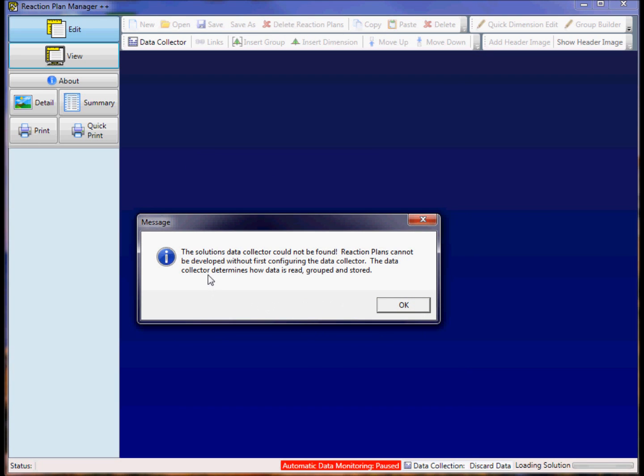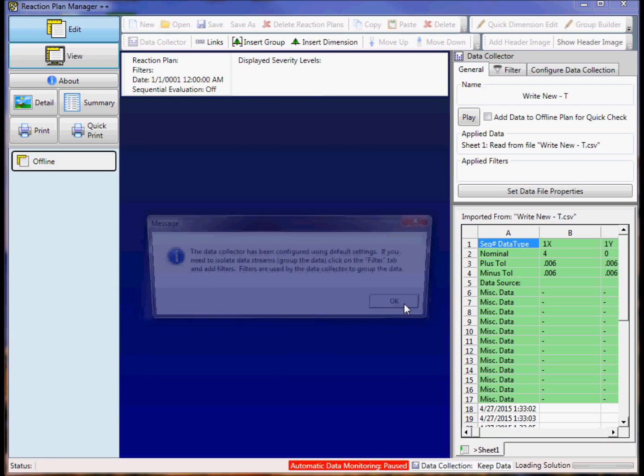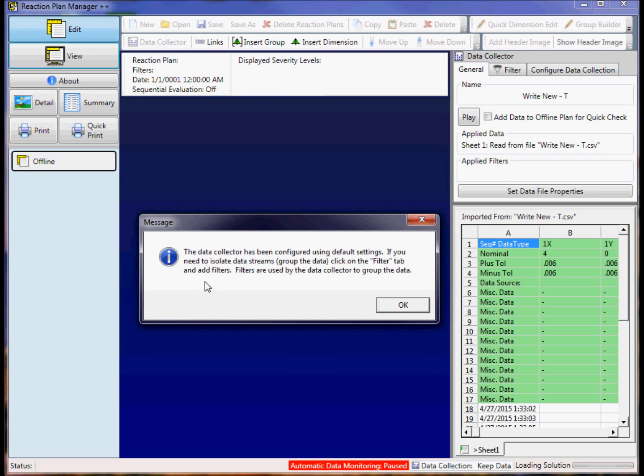Notice I get this message: the solution's data collector cannot be found. Reaction plans cannot be developed without first configuring the data collector. The data collector determines how data is read, grouped, and stored. And I'll say OK. And now I'll get another message here saying the data collector has been configured using default